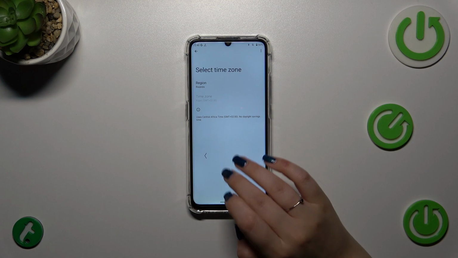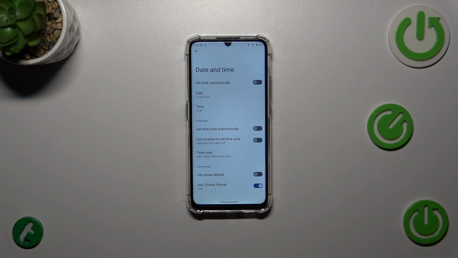As you can see, it will be immediately applied, and of course be aware that after changing the time zone, the time will also change according to it. It's quite normal. In my case it did not happen, but remember,